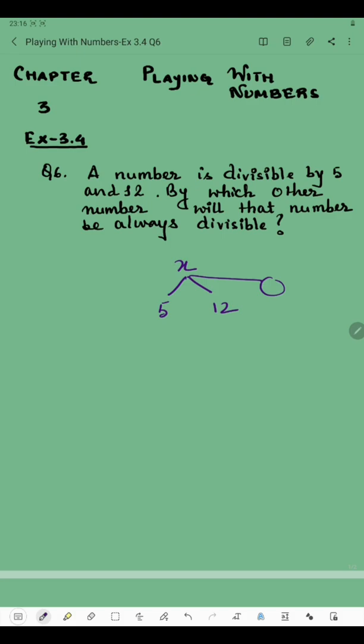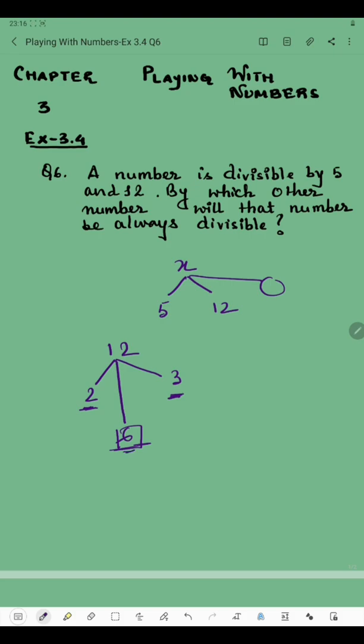Okay. Now here let us take an example. Say 12. Now as last digit is even number, so it will be divisible by 2, right? And we know that this 12 comes in 3's table. That means it is divisible by 3 also. Now we know that if the number is divisible by 2 as well as 3, then the number will be divisible by 6 also, because according to the divisibility by 6, if a number is divisible by 2 as well as 3, then the number will be divisible by 6 also.